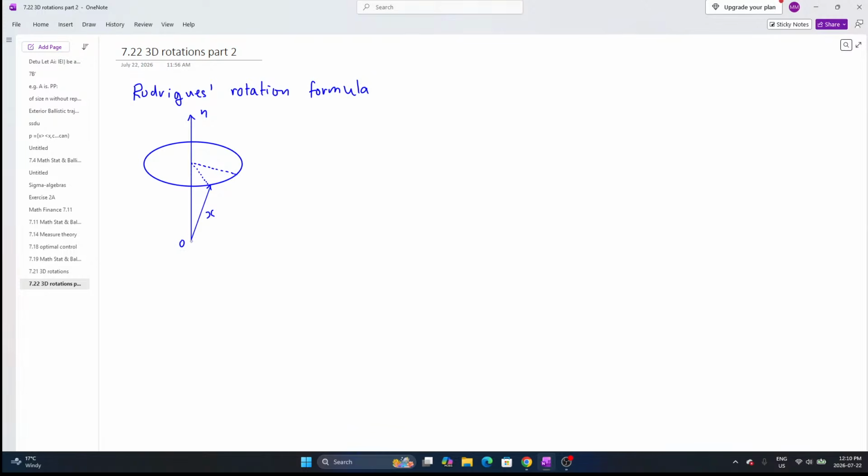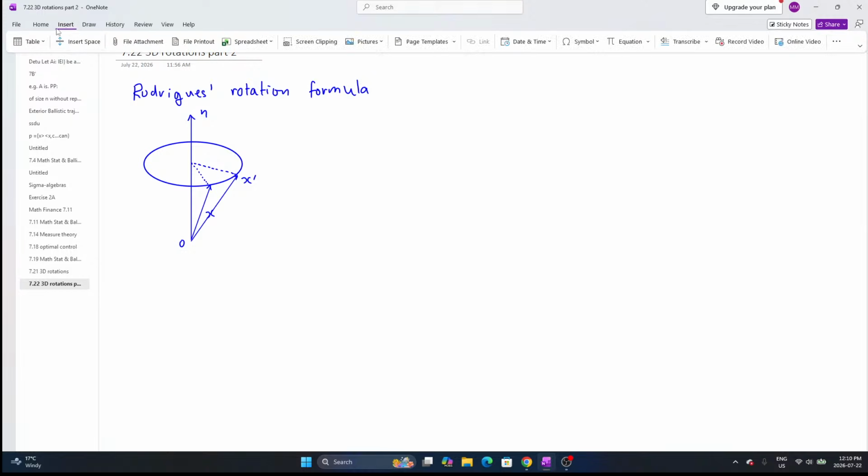And so after rotation, you get another vector like this. And our goal is to derive an expression for the new vector x prime in terms of the quantities,